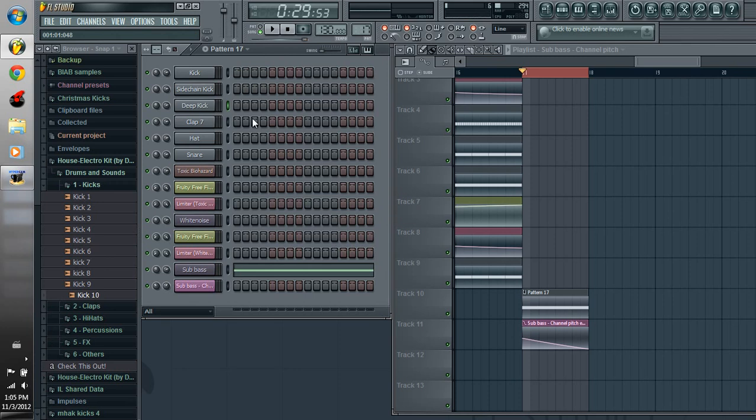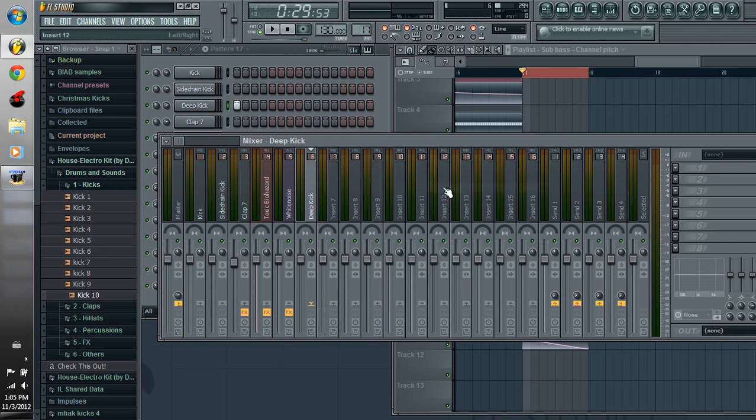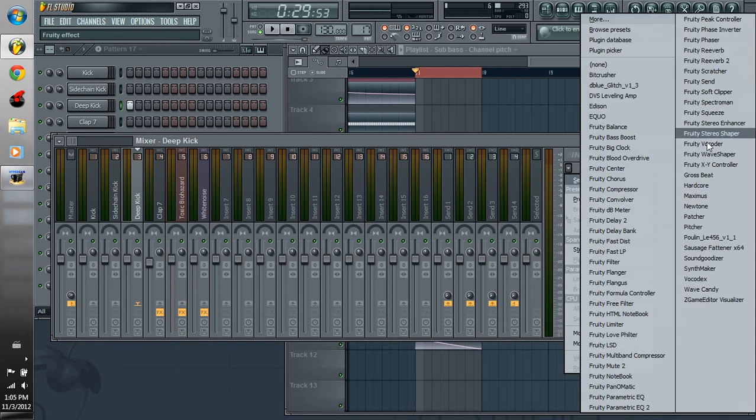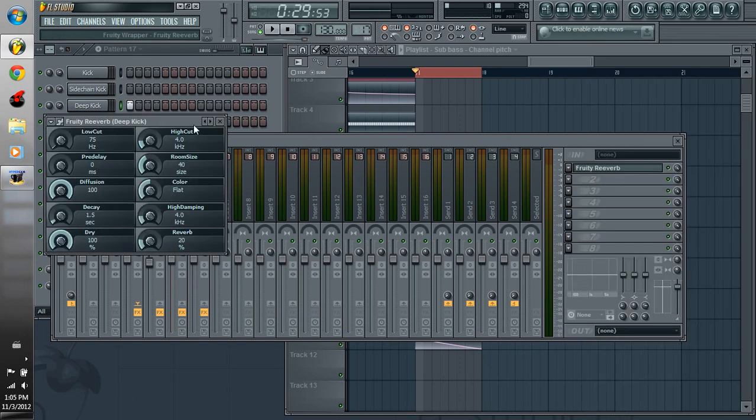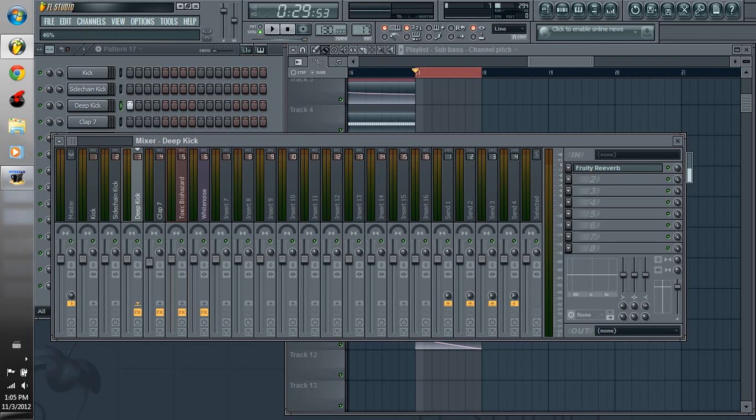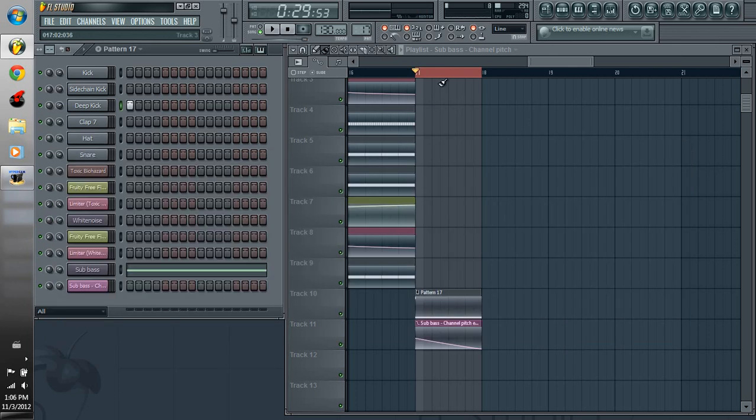Now we're going to add some reverb to that. Not much, but enough. So just leave it on the default, bring this down to about 50%. Maybe less. Alright, so with all that together,